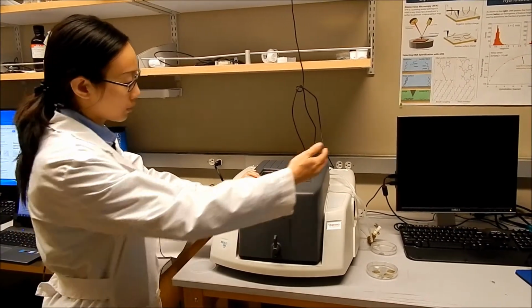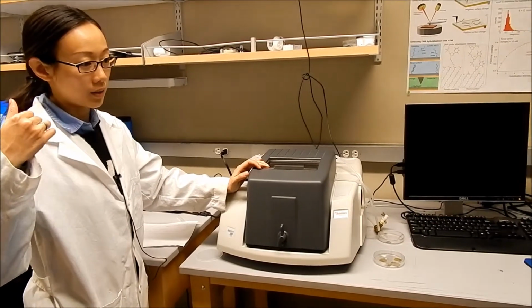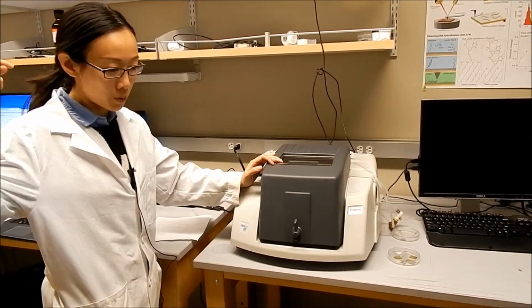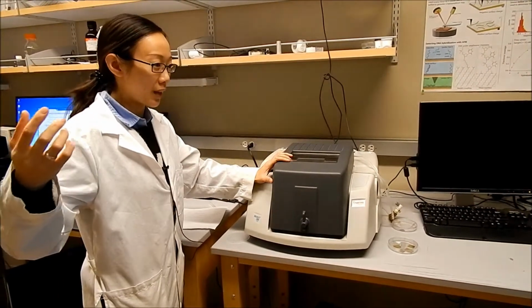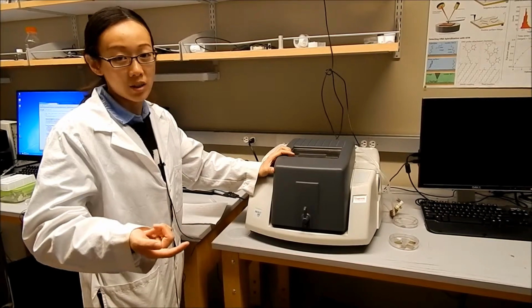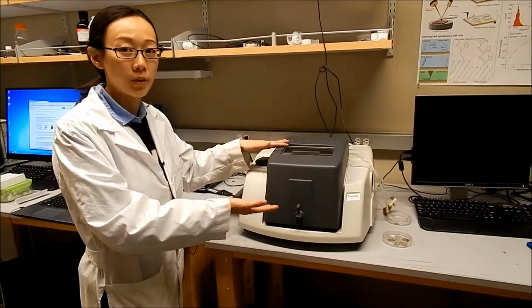So the gas that's purging into this is actually passing through the air line from the school, from the lab, and then goes through an air generator that removes the water and CO2. So when it goes in here, it's actually removing the water and CO2 in this whole chamber. All right,